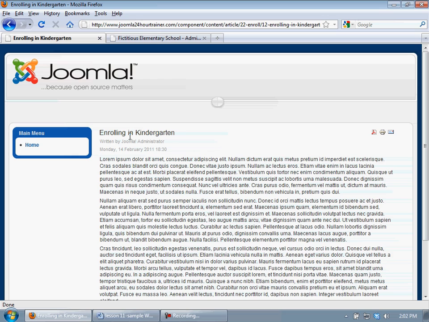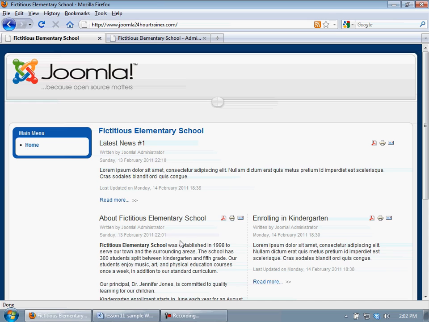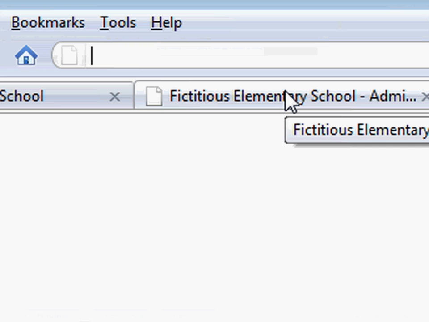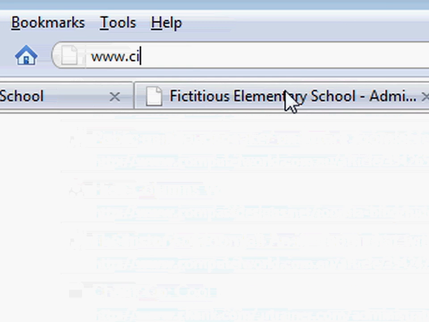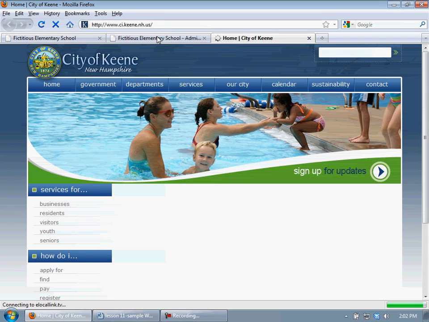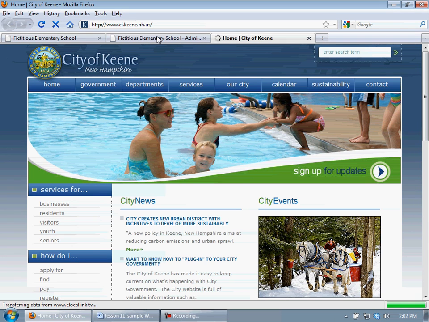Okay, now that we have our Enrolling in Kindergarten link in place, the next thing I would like to do is add another link. And inside the text here, it talks about our town. And I'm going to open up a new tab here in my web browser, and I'm going to go to www.ci.keene.nh.us. This is the homepage for the city of Keene, my hometown, and you can certainly go to the website